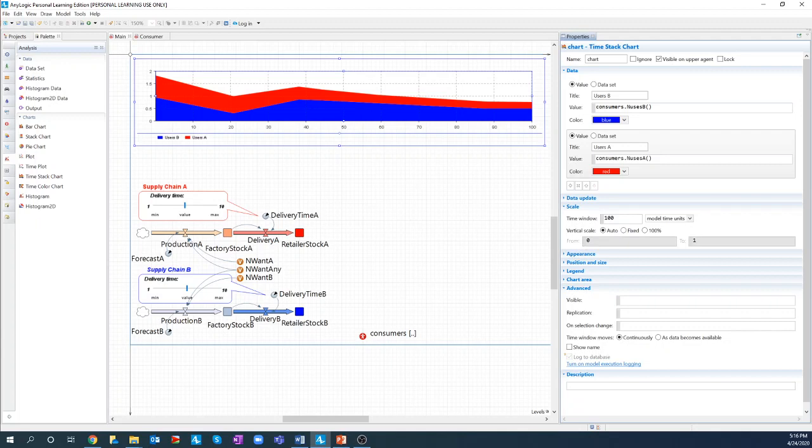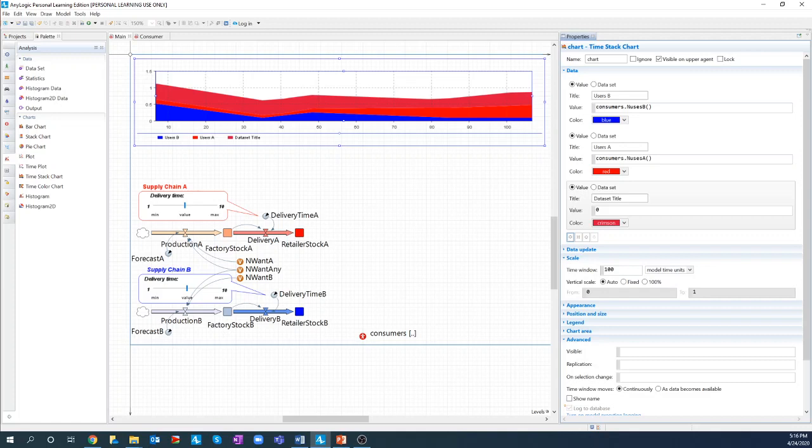Now we will define the demand for product A, product B, and for product A or B, which is the second output of the model that we are interested in. So remember, when we dragged the chart to the canvas, we had only two data items. So we can add as many statistics or data as we want. In order to do that, we need to click the add button here,